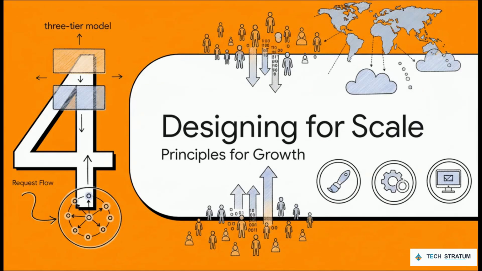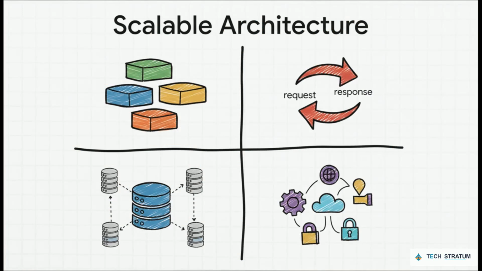So how do we tie this all together? How do you take these ideas, the three-tier model, the way requests flow, how pages are rendered, and actually build something that can handle millions or even billions of people? Well, it really boils down to just a few core principles. You've got that separation of concerns from our three-tier model. You use a stateless protocol, like HTTP, which means every request is treated like a brand new one. You have that incredible ability to scale each part independently, just like Amazon, and you orchestrate tons of little specialized